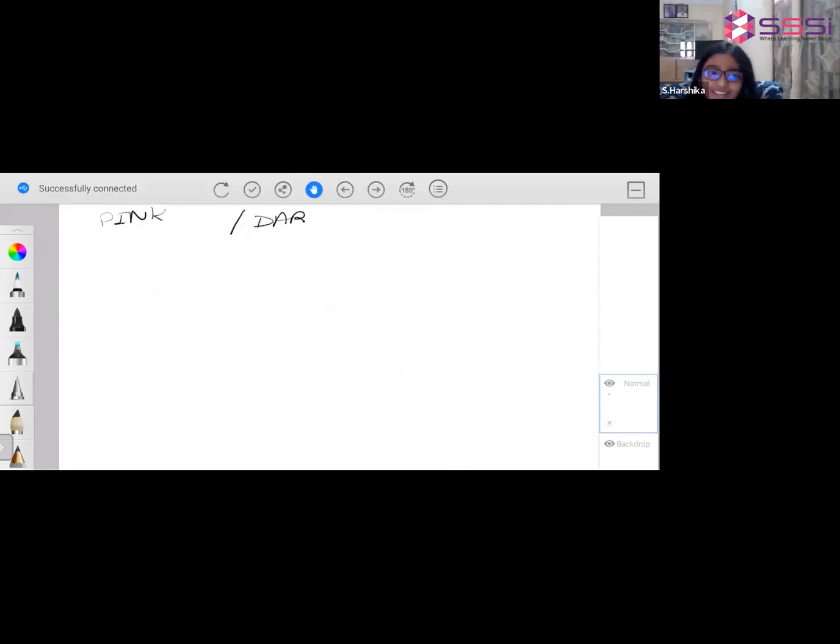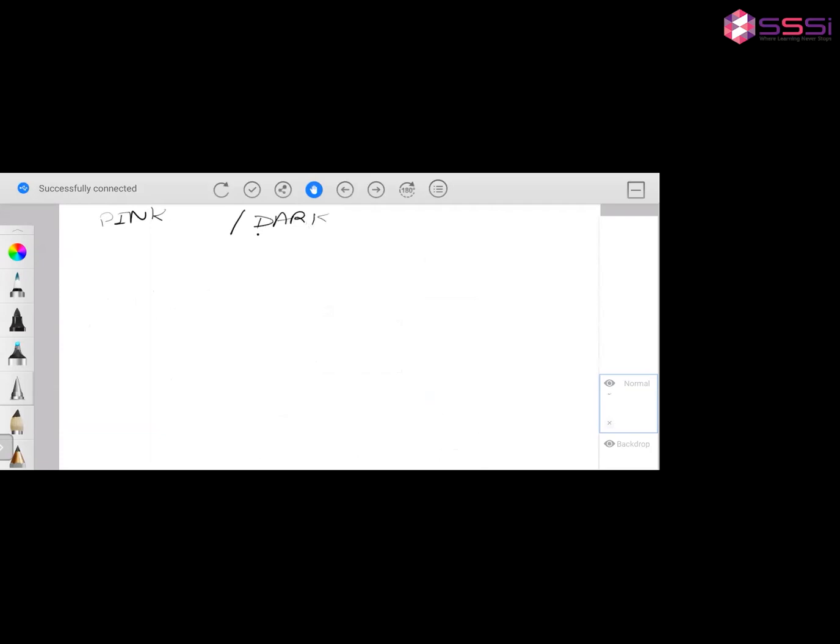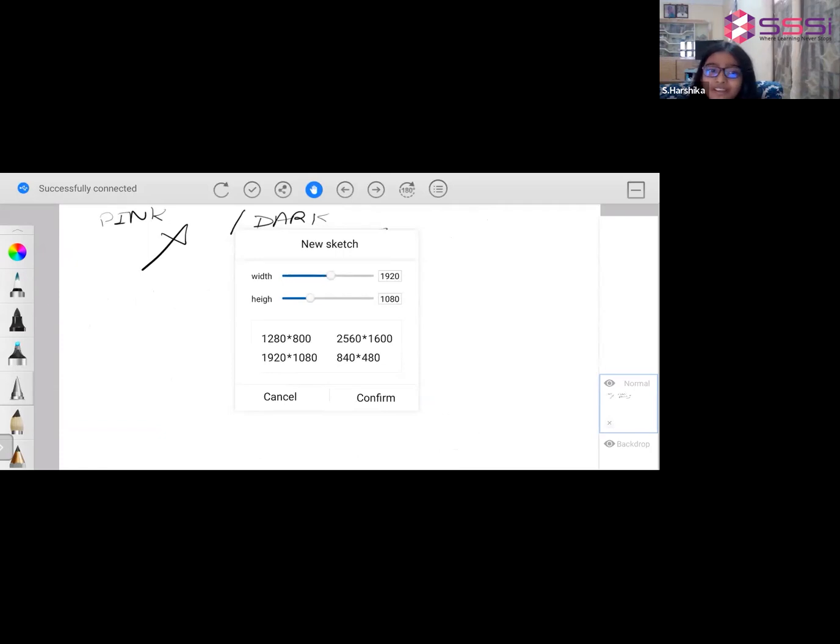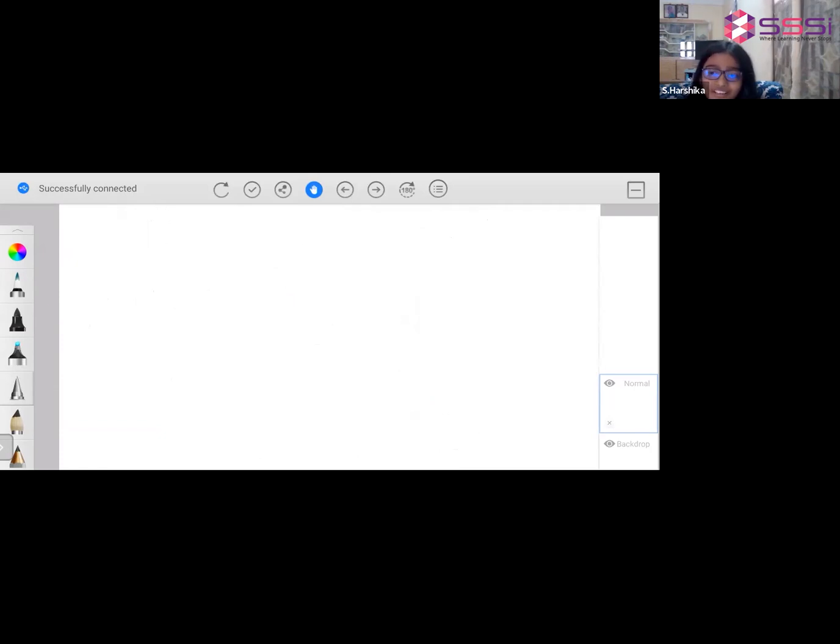Pink or green, yes. Green I have also experienced, but never experienced pink. Only once I have seen pink. The rest of the time I see only green or very dark.